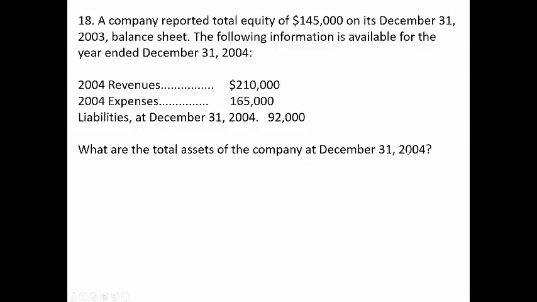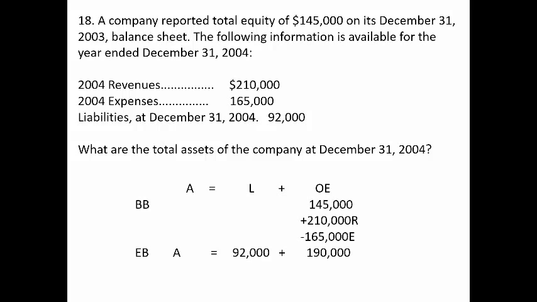So let's make up our little accounting equation with a timeline on it here. There's assets equals liabilities plus owner's equity. The beginning balance of owner's equity was $145,000, and that was at the end of 2003. And now during 2004, we're going to add to this owner's equity. We're going to add revenues of 210. We're going to subtract expenses of 165, and we're going to get ending owner's equity. If you take 145 plus 210 minus 165, you get the ending owner's equity at